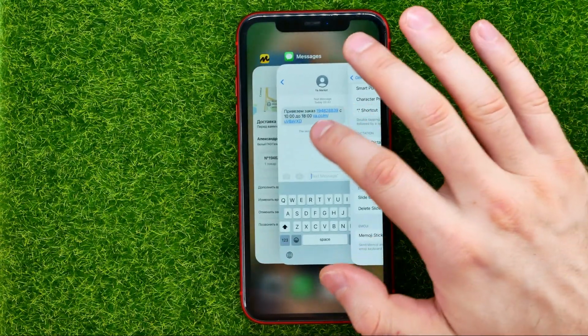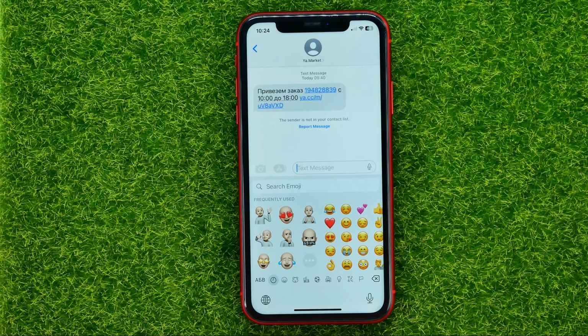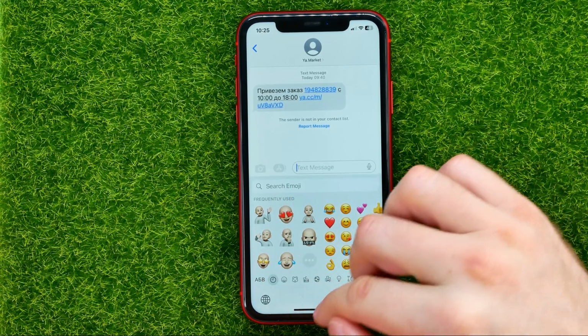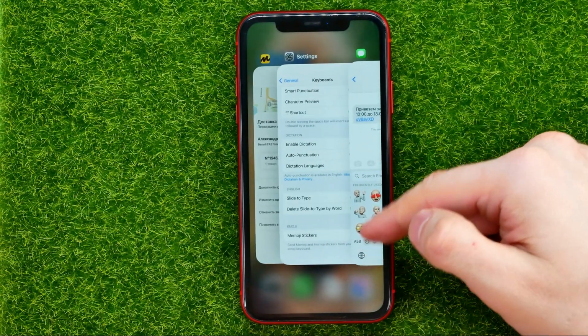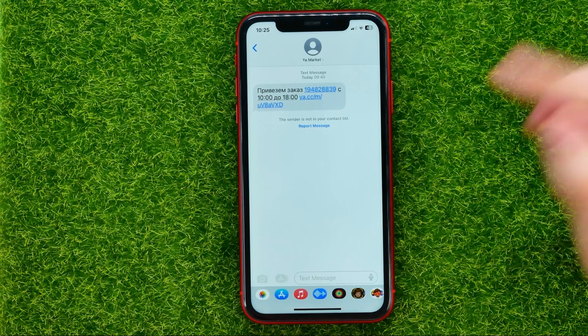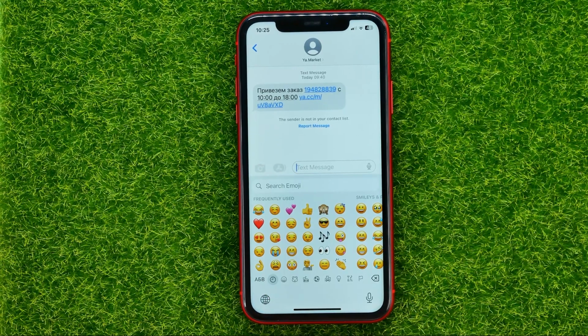After that you can go back and try to use your keyboard, and if it's still showing up right here, you need to close the app and then just reopen it, so in that way you can remove Memoji stickers